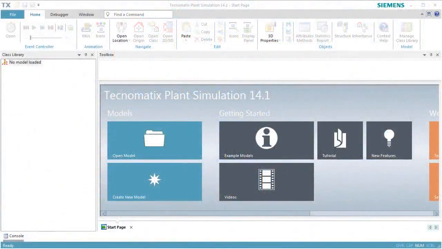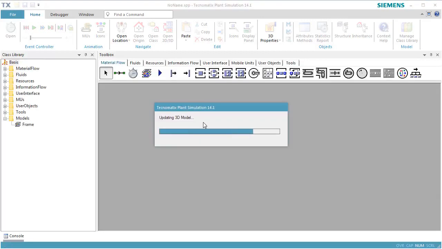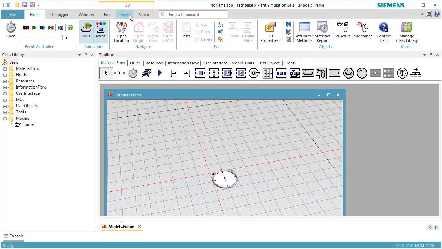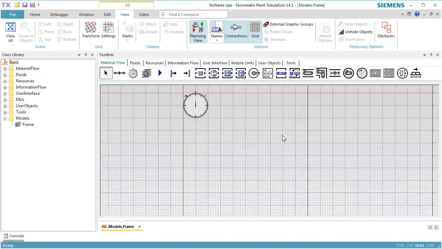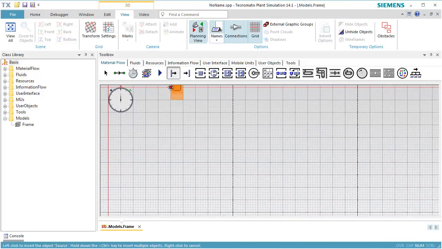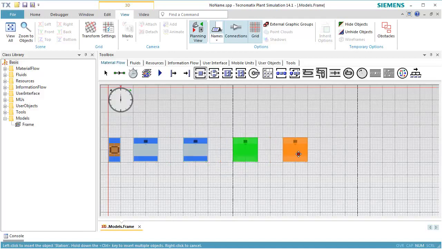This video demonstrates how to model with workers who do their job at a workplace which is attached to a station. To do so, we'll create a production line with a source, 4 stations,